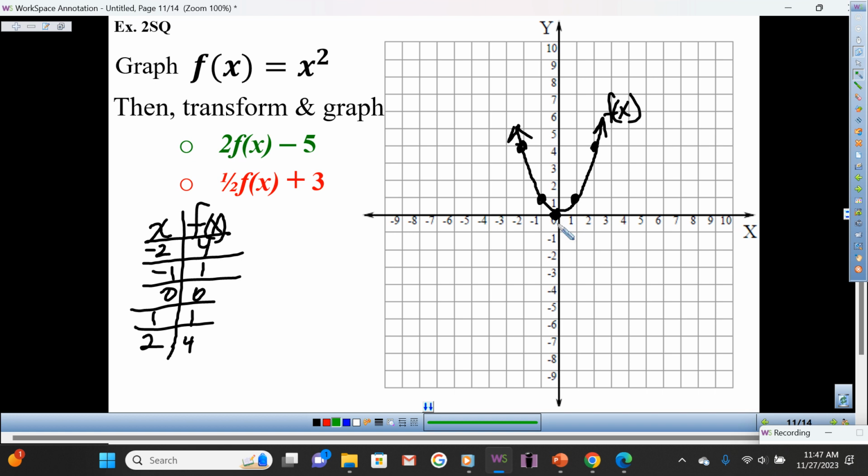Instead of being at 4, I'm going to move this point to this one. Instead of being at 1, I'm going to move it to this one. Instead of being at 1, it's moving to, and this one, instead of being at 4, it's moving to,